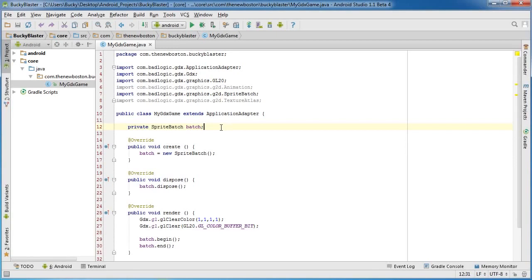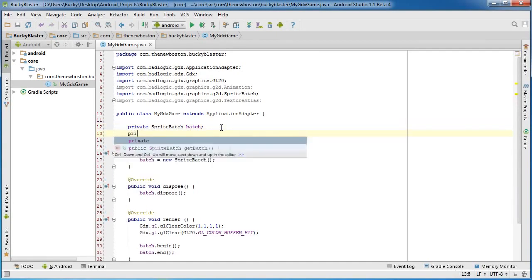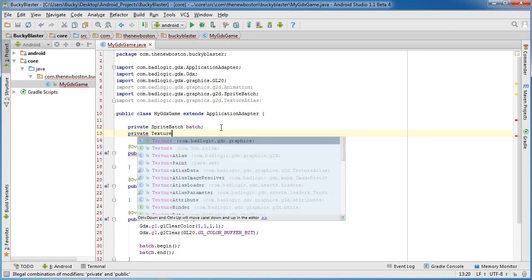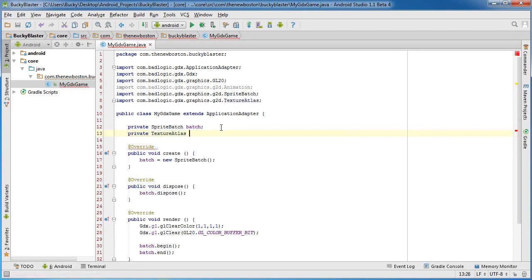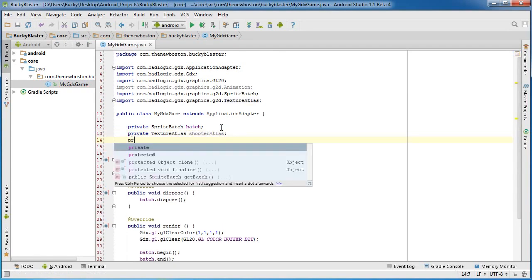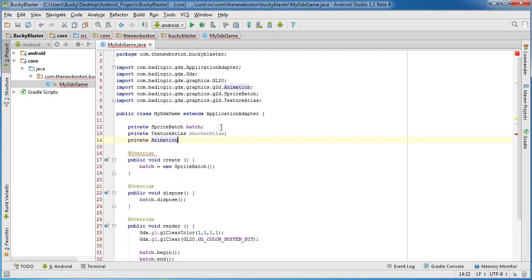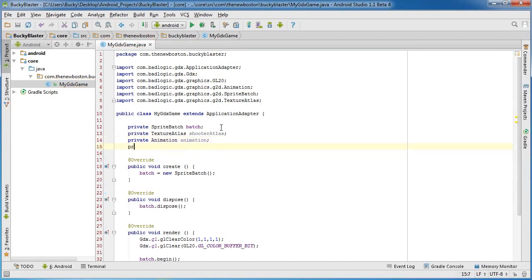Alright, now in your code, let me go ahead and show you guys how easy this is. So we're going to declare 3 variables. The first one needs to be a reference to the texture atlas, and you guys already know what that is. Just talked about it. Now the next thing is going to store the animation data, essentially saying what images we want to use for the frames and how long they're going to last. Do you want your image to appear slow, fast, whatever, all that good stuff. And I'm just going to name mine animation. And the last thing we need is a variable called time